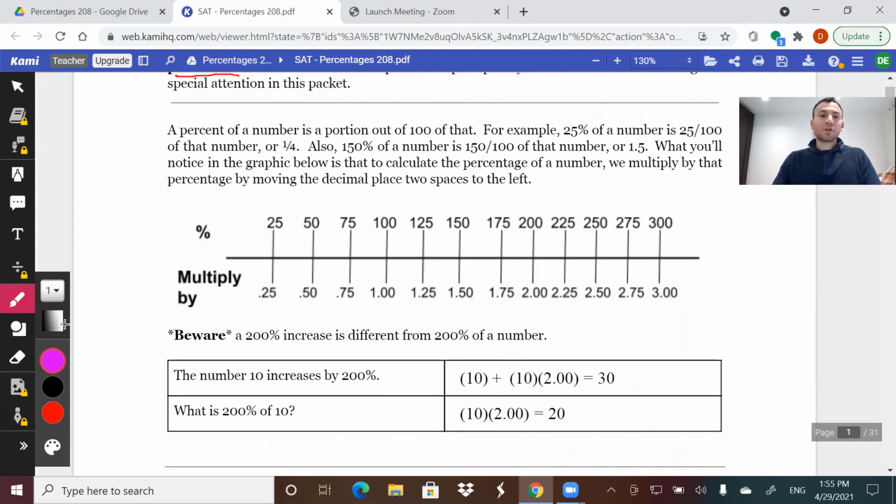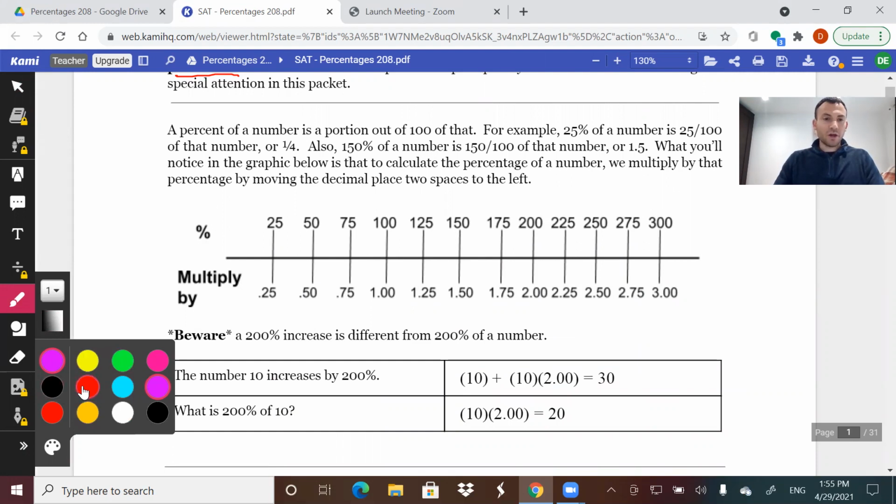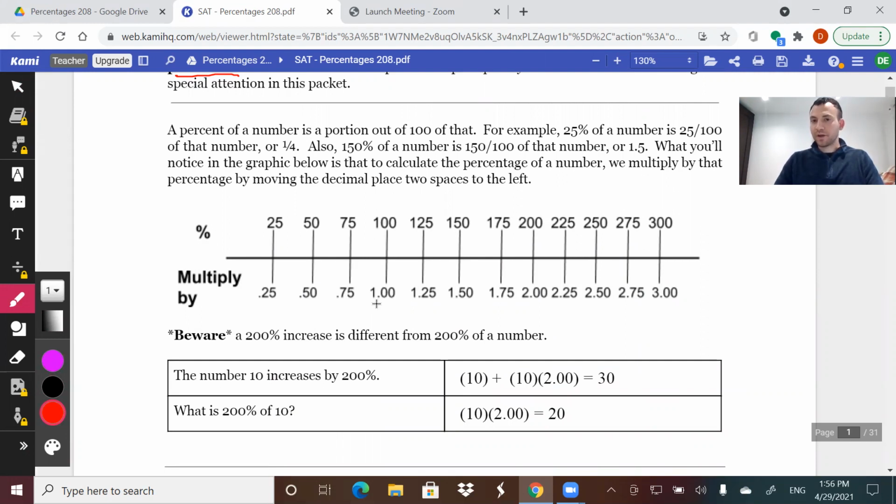Anyway, first things first, if you have a percentage increase, if something goes up in value, you're multiplying by more than 1. Think of 100% of something as 1, right? Because if you multiply something by 1, you get all of it back. So if something were to go up 25%, you'd multiply by 1.25. If something were to go up 100%, you'd multiply by 2.0 because you're doubling it, which means it's going up 100%